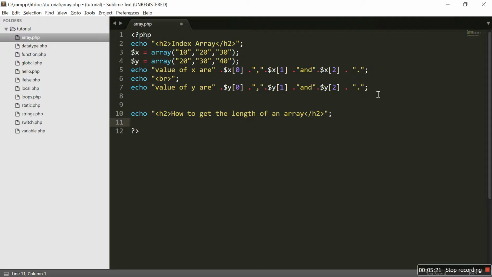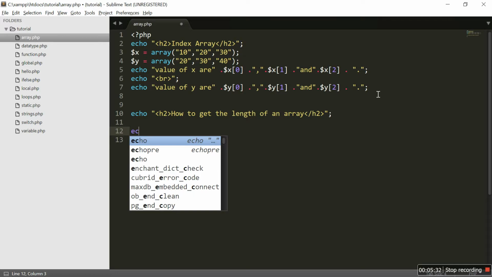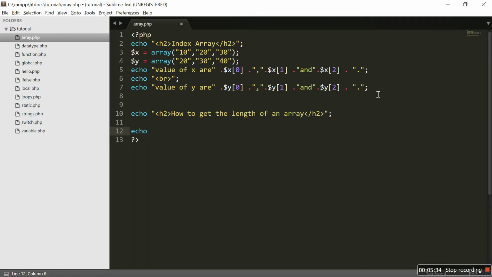So for that we are going to use count function. So let's just use that in echo, and we are going to use the count function for the above given variable, that is x and y. So echo double quotes the length of an array